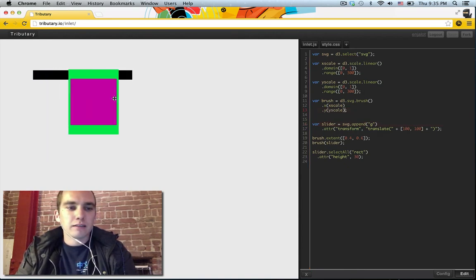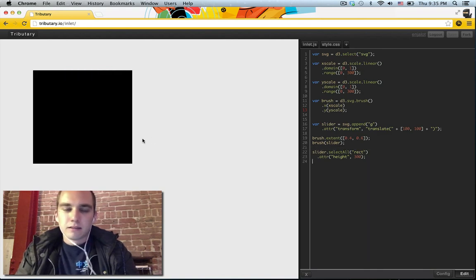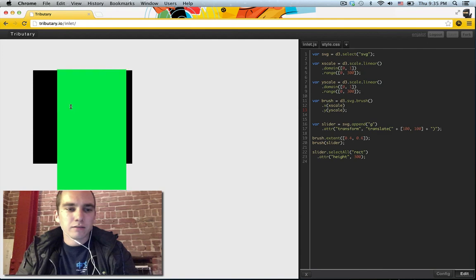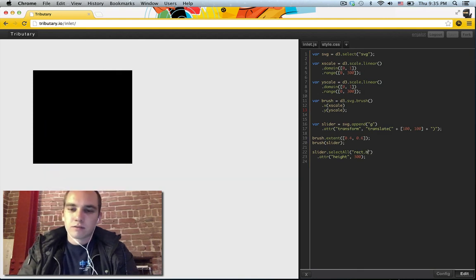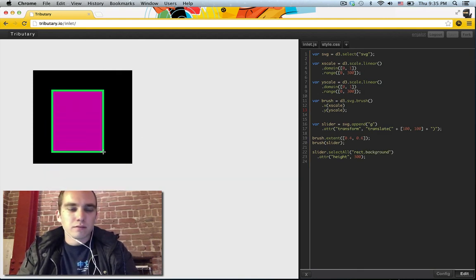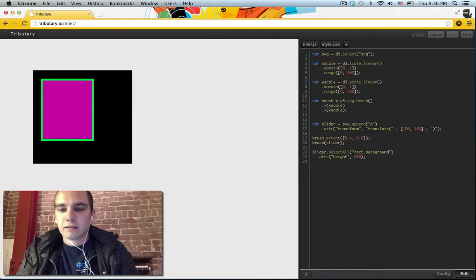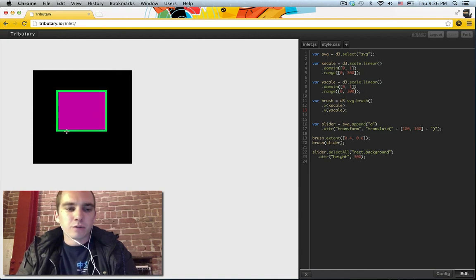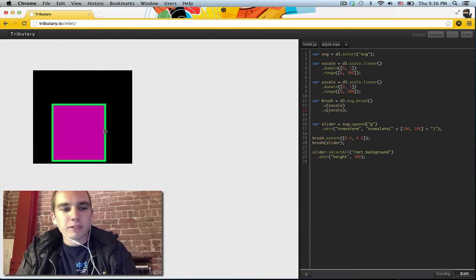Whoa, look at that. So what's going on here? We need to set this height to be the height of the Y scale. Oh, this is nuts. I think I know what's going on. So we can't just blatantly set all the rectangles. There we go. So we just want to give the background rect this height here, and then the extent will fill it in for us. So now you can select this in like a scatter plot or on a map or something.